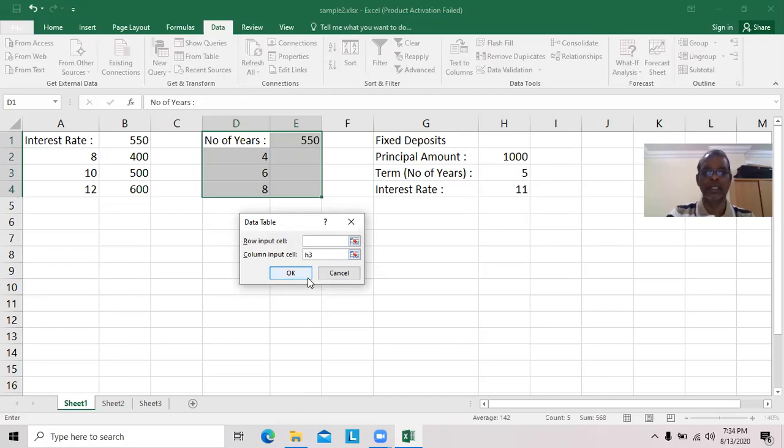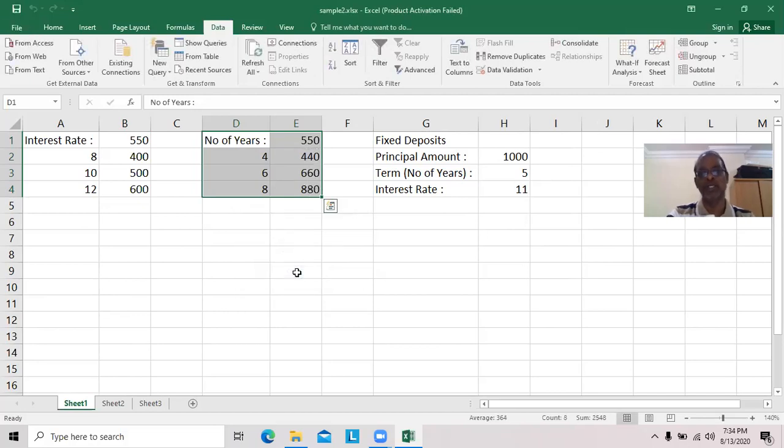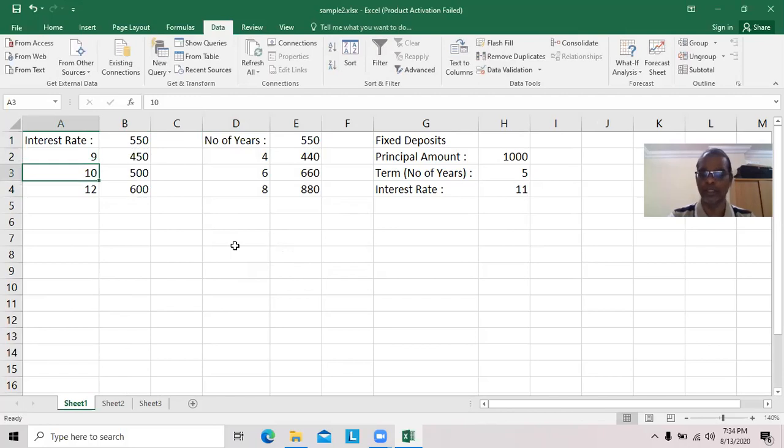In this case, formula for H3 will be replaced by D2 here. Here H3 will be replaced by 6. Here that is replaced by 8. See it here. In future, that's good, sir. In future, if you want to change interest rate 9% instead of 8, simply type it here, it will change 11% as well as 13%. That's good. If you want to change the number of the years, simply type it here.